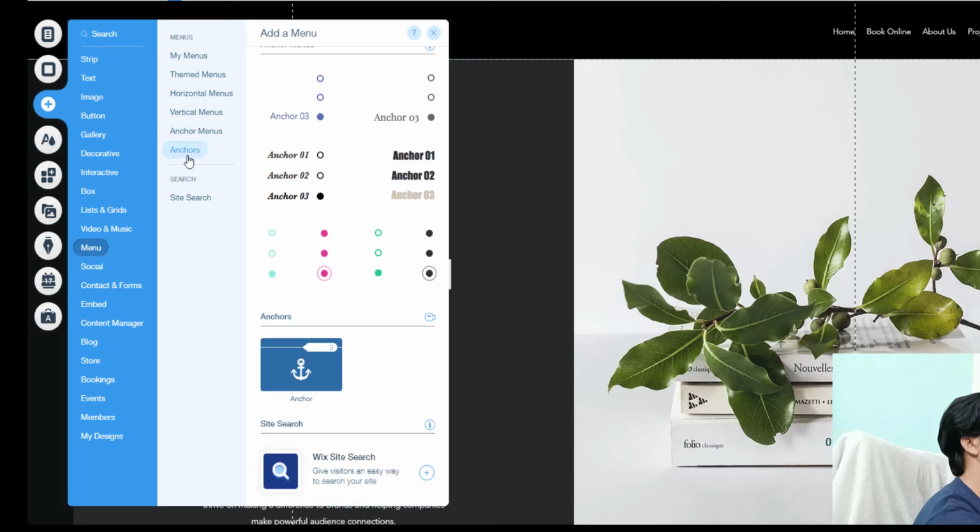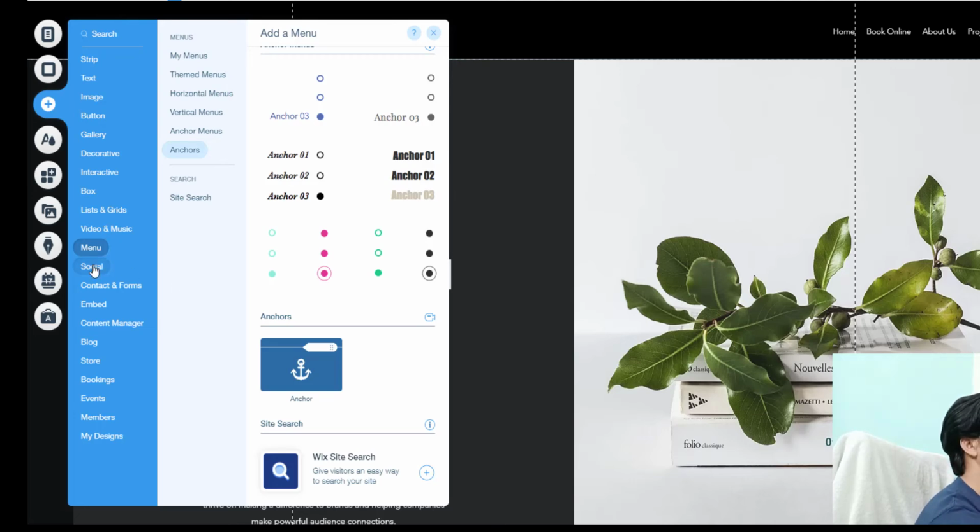So we will see all these things in our upcoming videos. Currently I am just giving you an overview about that, so that you will be familiar with the interface of Wix editor and you won't get confused when you design it for yourself.